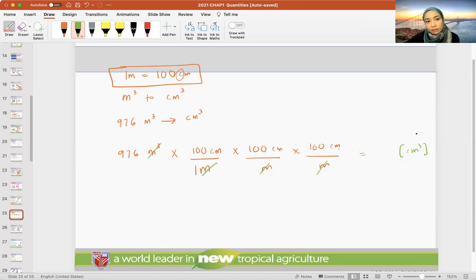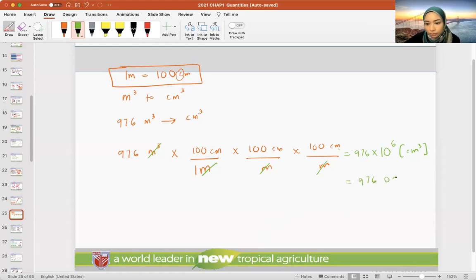The final unit becomes centimeter cube, and this times this times this times this becomes, okay, so 976 times, we have 1, 2, 3, 4, 5, 6, right? 6 zeros, so 10 to the 6. So 976 meter cube is actually 976 times 10 to the 6 centimeter cube,